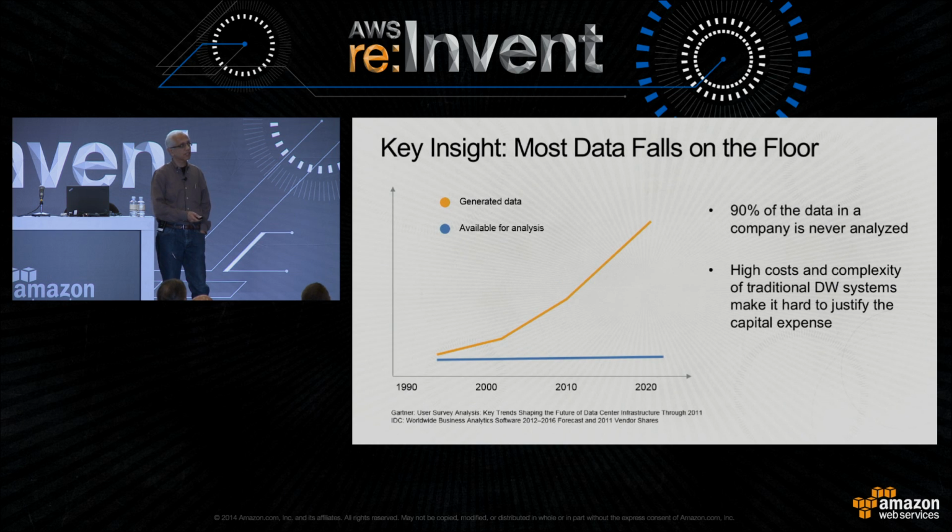And here's the key insight that drove this for us. The key insight was that today there's a lot of data being generated. If you look at any company, only roughly 10% of the data that they have access to is being analyzed. The rest of it is literally being thrown on the floor because it's just too hard to build a data warehouse that could be at a scale to analyze 100% of your data. And could be at a cost where you could justify to your boss that, hey, this data that I have really has an ROI on it for me to really use it.